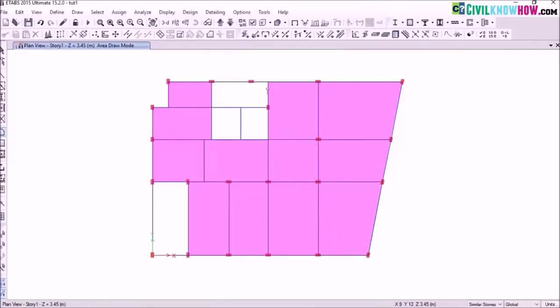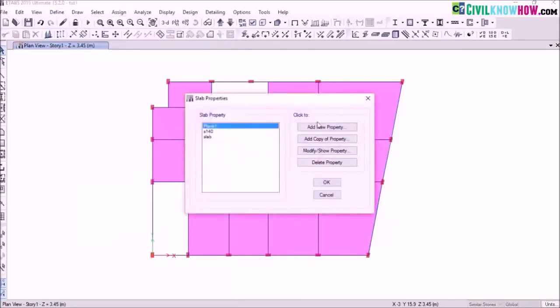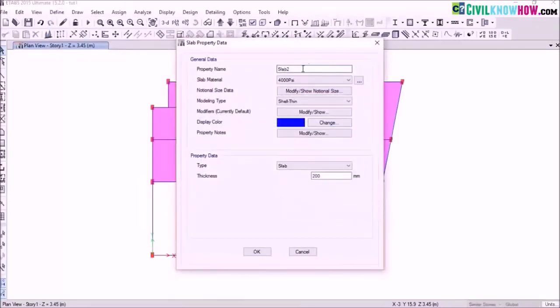So next I need to assign the staircase. So here this portion and this portion I'm having a staircase. This is my main staircase and this is my fire stair. So for assigning the staircase, let's go to define again. In section properties, select the slab section, add a new property and let the property name be stair 200. So let it be M25 grade concrete. And under modeling type,